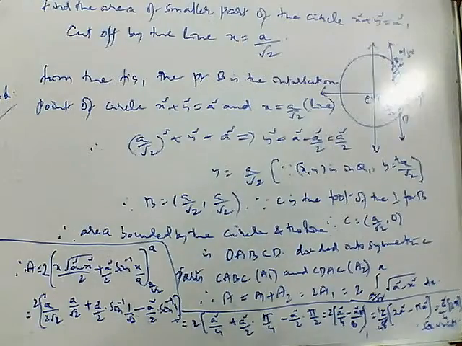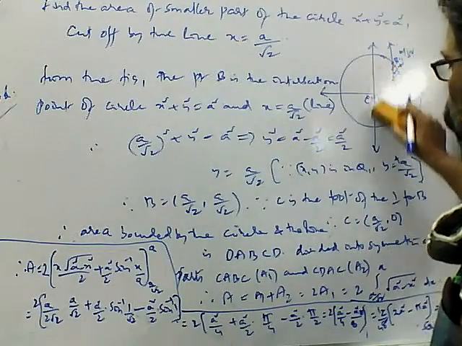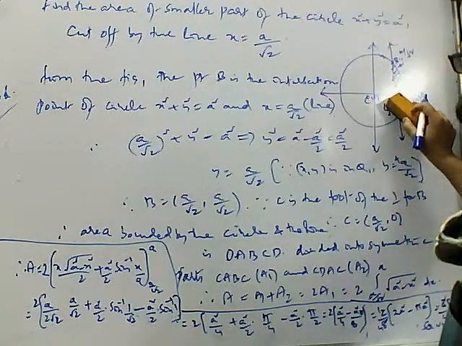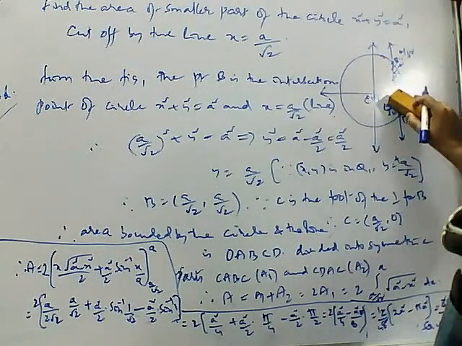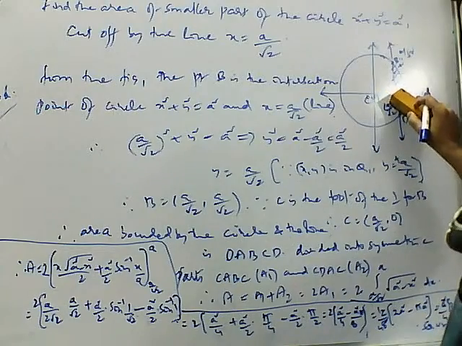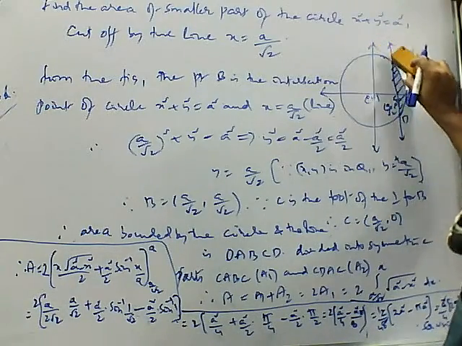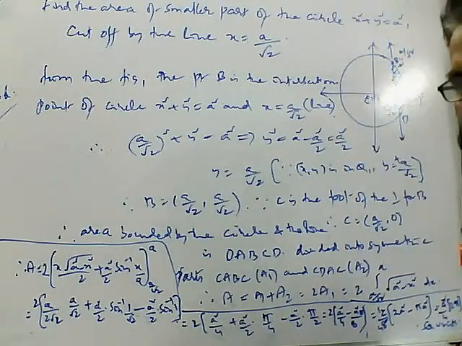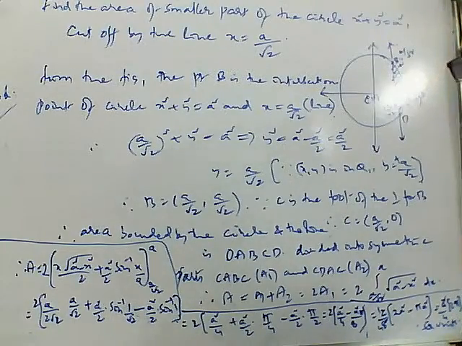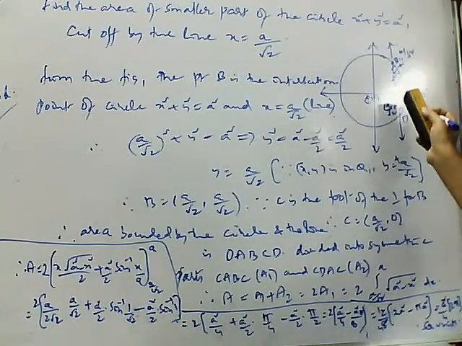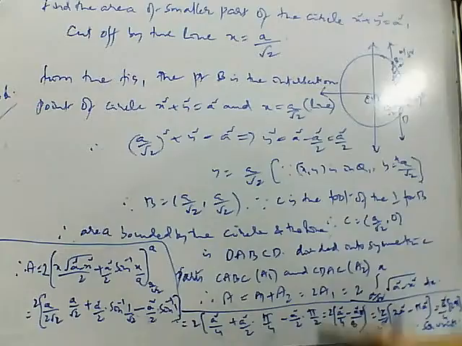Okay, right now, next question. So two parts: this is a smaller part, and this is the bigger part. If you ask for the bigger part, you have to take this to this, and again into 2. Again, this to this means bounded by what? Curve only. Again, this part only you have to take, into 2 parts you will get. Bigger part mostly you will not ask, smaller part only will ask, but the smaller part is 2 parts again, into 2 you have taken. Next,